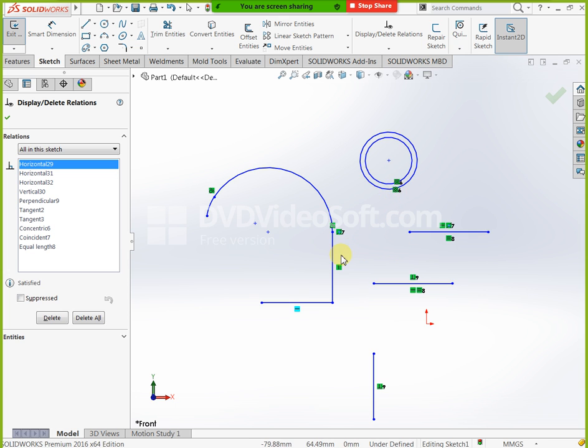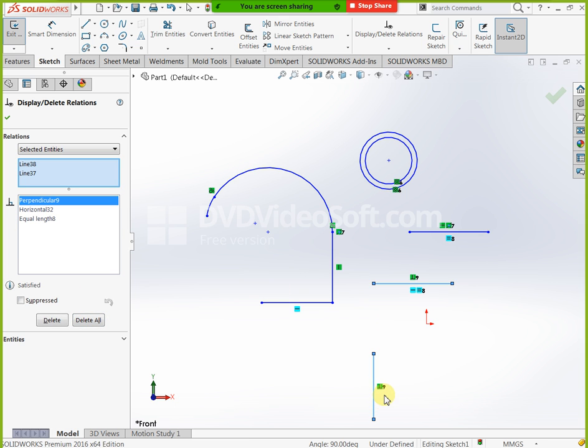For example, I need to delete this one, perpendicular is there, now you can select perpendicular, delete, deleted. Just you can see, for example, I need to delete this equal, you can delete. Why are we deleting this? For example, if you have any over constraint, that type of condition, we need to delete those constraints. And for exact formation, complicated sketches like curvatures, that type of situation, we need to apply these relations.